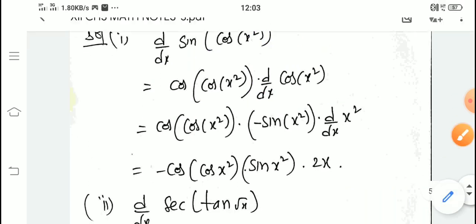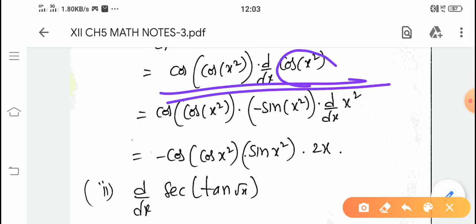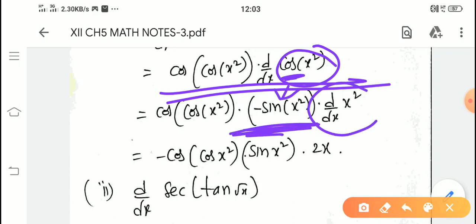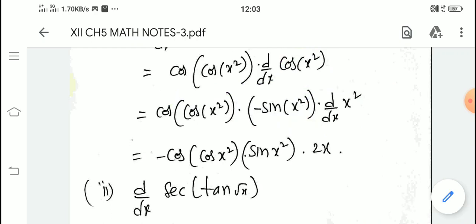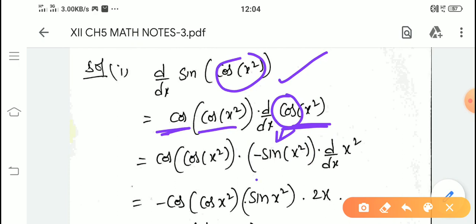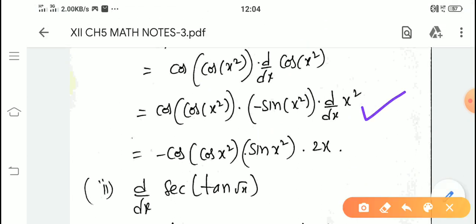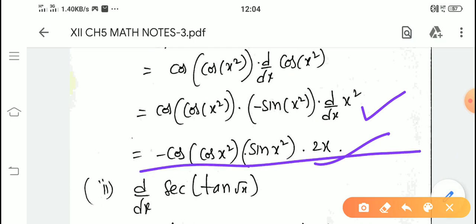Okay, remember. Next is the derivative of cos x square. What is the cos theta derivative? Minus sin theta. So minus sin x square into the x square derivative. That is called the chain rule. So what I have done: first, sin derivative is cos, inside one no change, into the inside derivative. Next, cos derivative is minus sin of x square, and the inside derivative must be multiplied. Now what is the inside derivative? X square derivative is 2x. So that's all, it is terminated. So this is our answer after simplification.